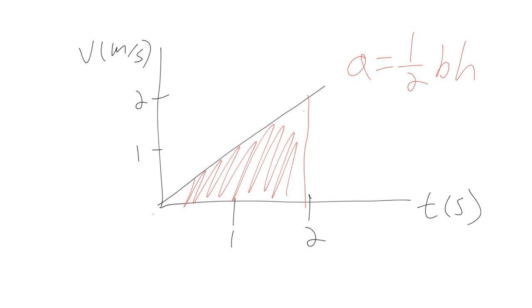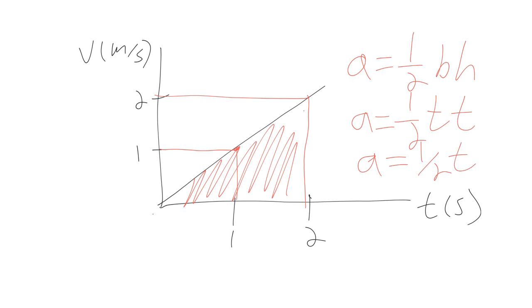But since we know that the equation of our line here is t, that means that the base has length t and the height has length t. Notice here, right, at time 1, we have a velocity of 1, and at time 2, we have a velocity of 2. So this means that the area is 1/2 t times t, or